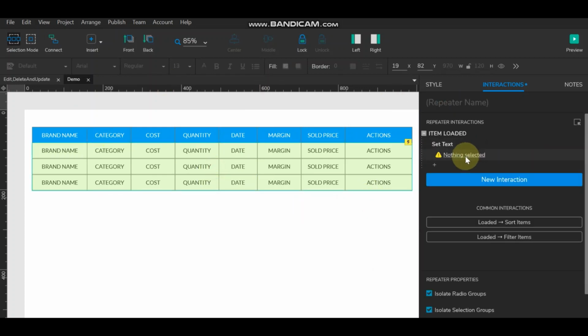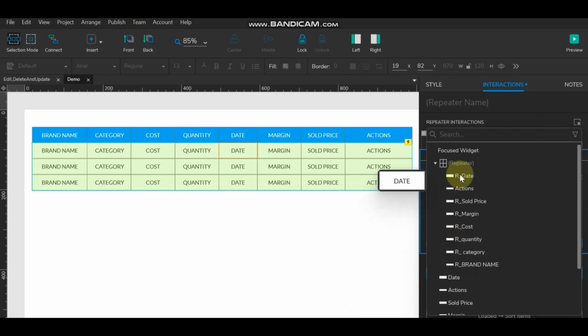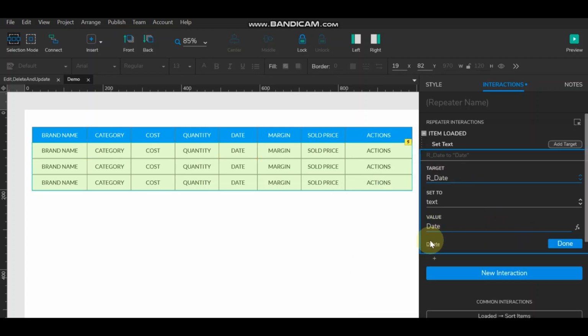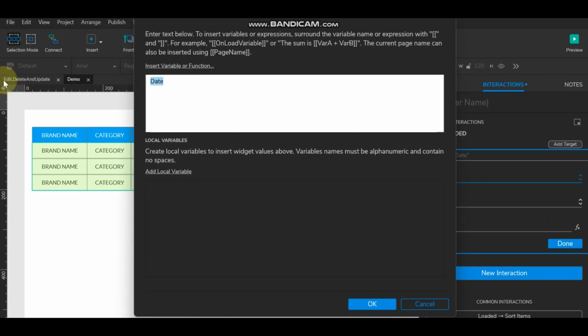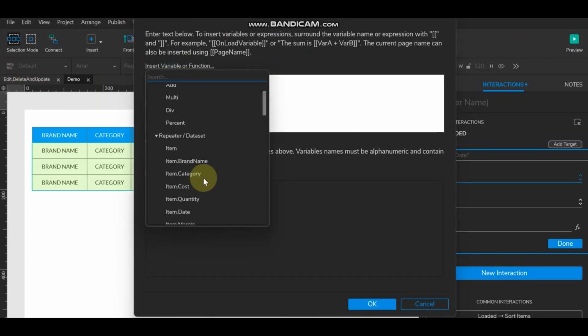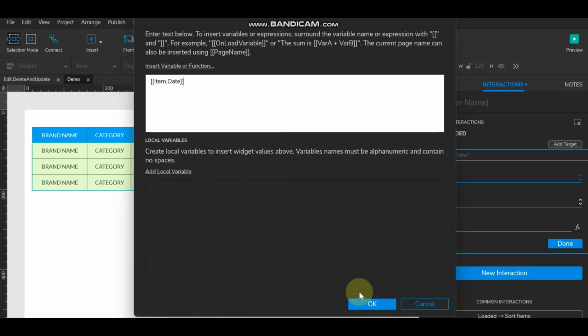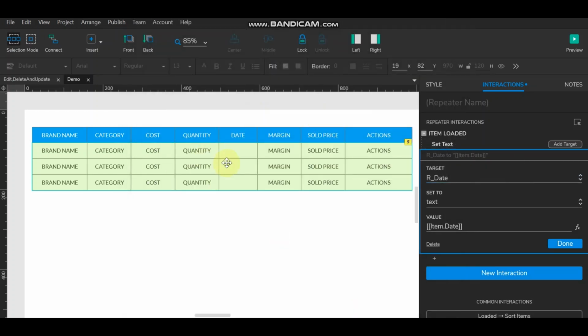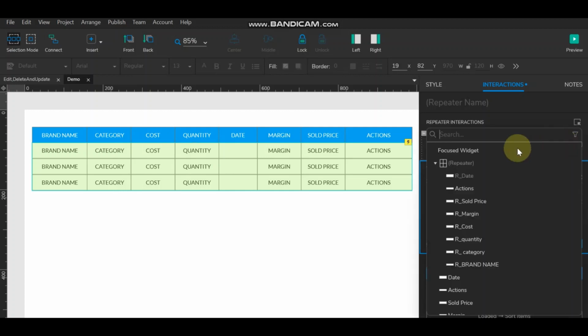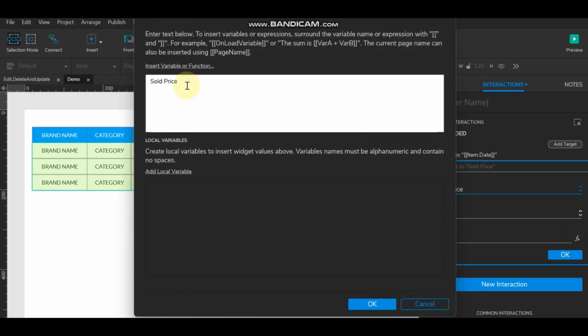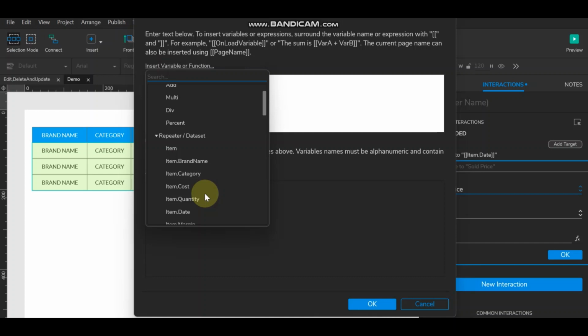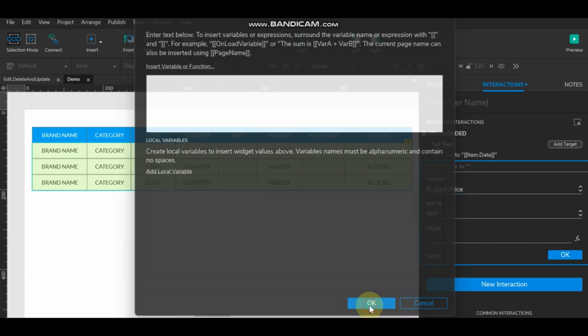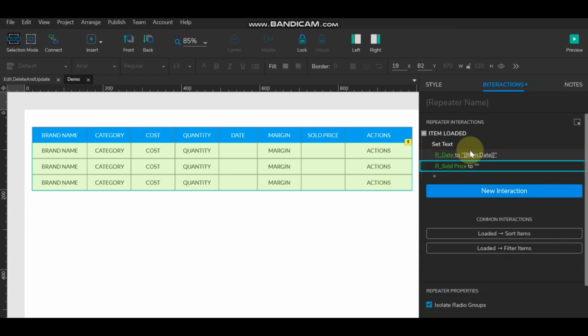Okay, so select value. From here I am starting our data, so our date will have the value which I'm going to insert, item dot date. The same way here add target, action is not required. Our sold price, so sold price can have, okay. So here we need a value through the calculation, so we'll keep blank